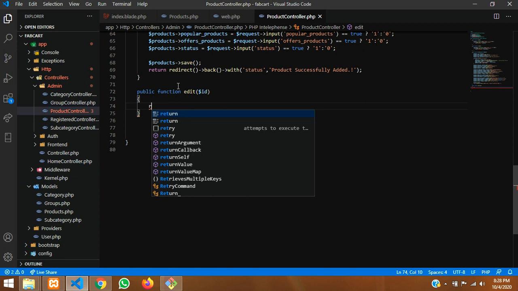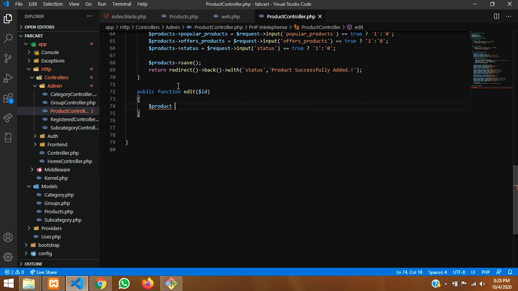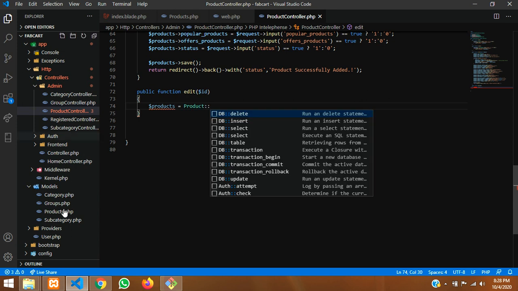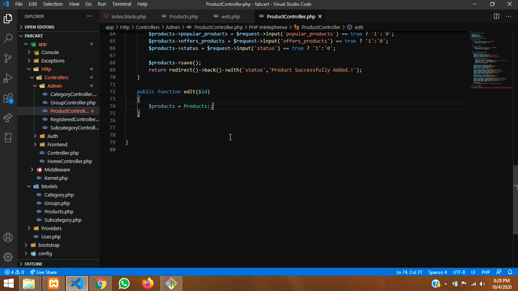Okay, so now what we are going to do, we will create a variable products is equal to your product model. So product model colon, what is your model name? Products. Okay, so do not get confused. Products where I'm going to find that ID, $id, you'll just paste that and then return with this product variable. So let's return and redirect, not redirect, we are going to view the page first.